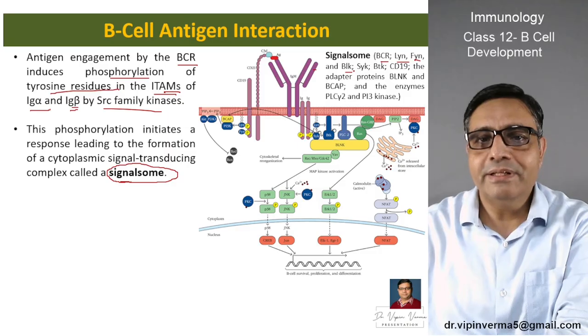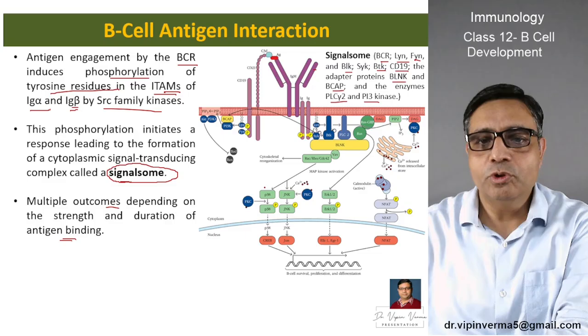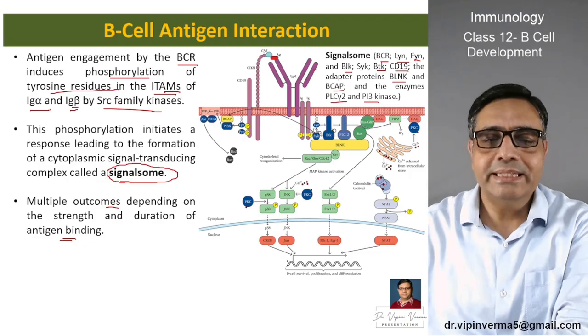So we have the Lyn, Fyn and BLK here, and then we have BTK, CD19, the adapter protein BLNK, BCAP, and the enzymes PLC gamma 2 and PI3 kinase. So that makes the complete signalsome. And there are multiple outcomes depending on the strength and duration of the antigen binding. So you can see here there are different outcomes. There are different transcription factors,